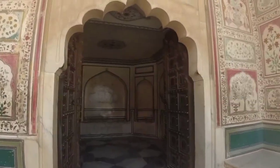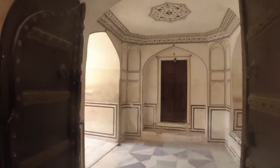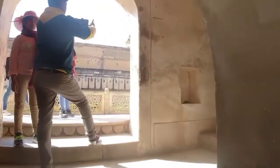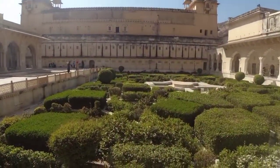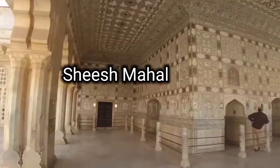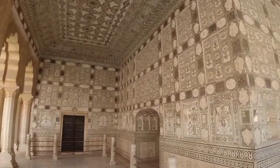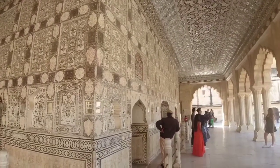Facades inside the Amer Fort is the wall with Ganesh Pol or the Ganesh Gate. The beauty of the gate lies in its delicate designs embellished with mosaics and sculptures. It is known as the Jai Mandir or the Diwan-e-Khas. Diwan-e-Khas translates from Persian to mean the hall of private audience. It consists of 4 individual structures: Sheesh Mahal, Jas Mandir, Sukh Mandir, and Char